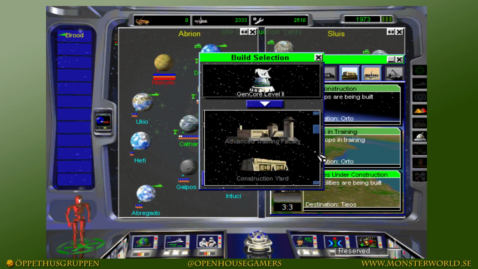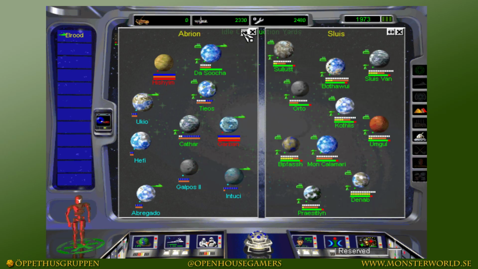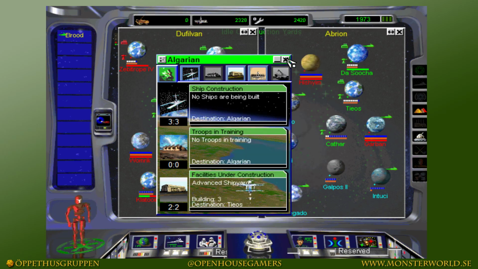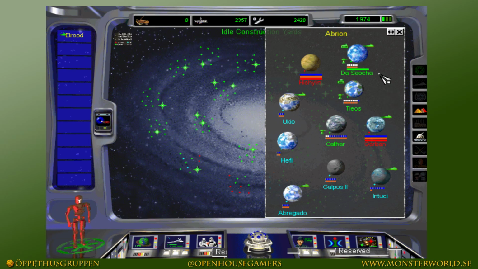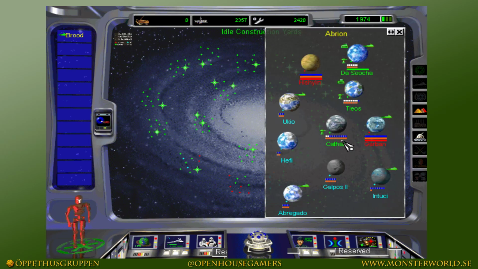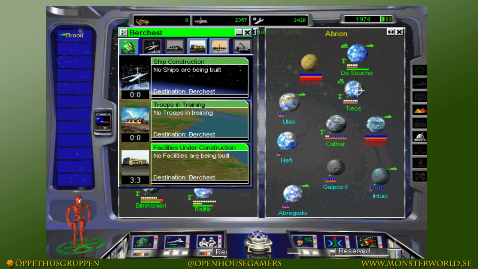have some more training facilities, and also the Algerian are ready, so you can build a few shipyards. 3 will be okay. Not that I need them at the moment, but let's see, Abrion, you could use 1 more, so let's have Burchest build